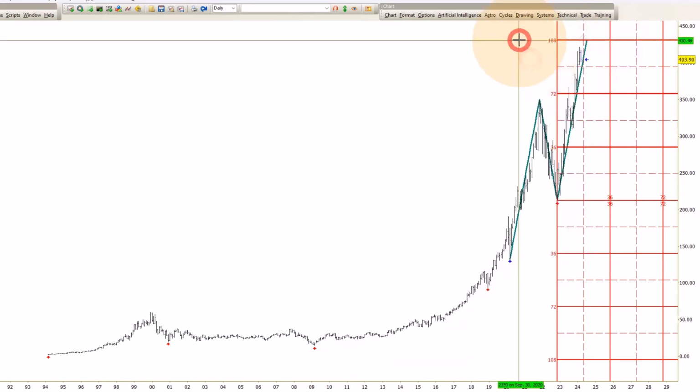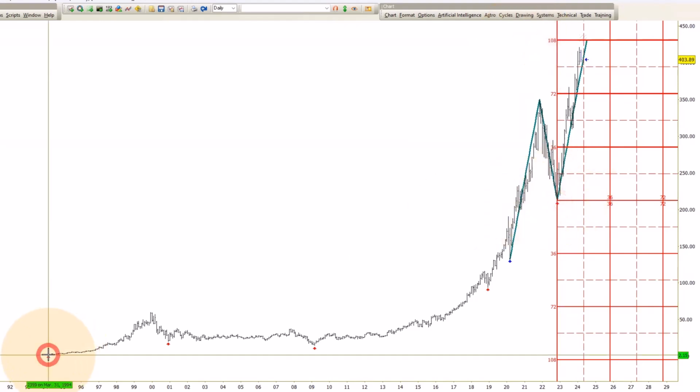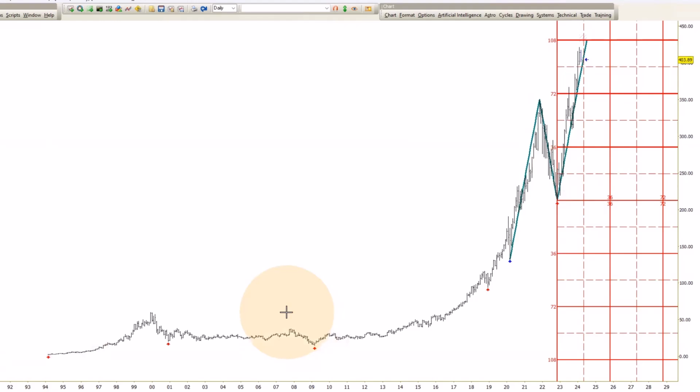So that high is on a monthly scale, so I can't get it to exactly the dollar, but let's just say 131 coming off of this low, and coming off of the low back in 94, it was 133. So we're in that ballpark, right? Like 430, give or take a couple of bucks. I told you I was tired. So 430, give or take a little bit, basically because it's a monthly chart. So that's what we have on the monthly.